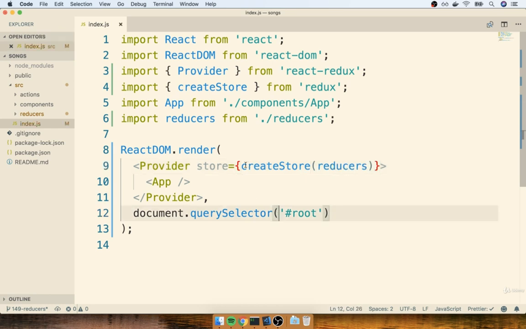So back on our CodePen example, you and I got a reference to the object that was created by createStore, and then we played around with it a little bit. But when we make use of the React Redux library, we don't usually mess around with the store directly. Instead, we pass it off to this Provider, and the Provider essentially takes care of everything from there. So in a typical Redux application, you're actually very rarely going to interact directly with the store, outside of some more advanced cases that we'll see later on.